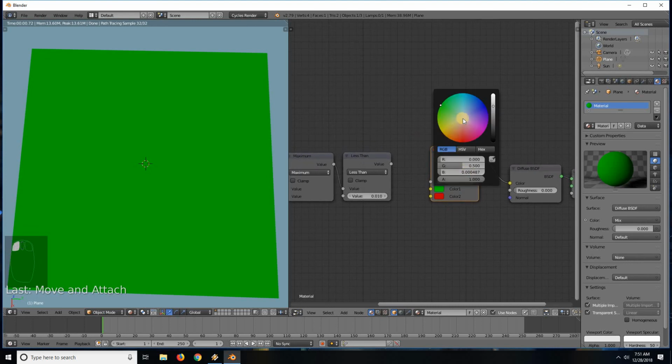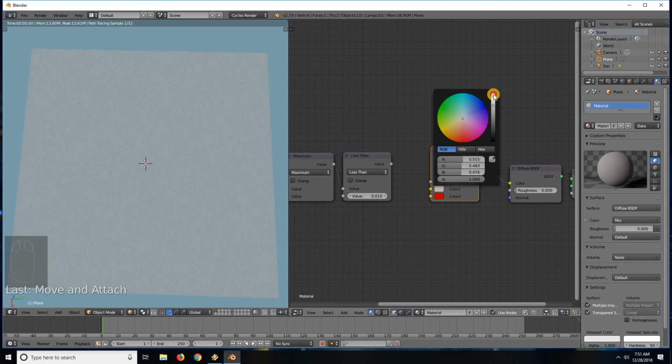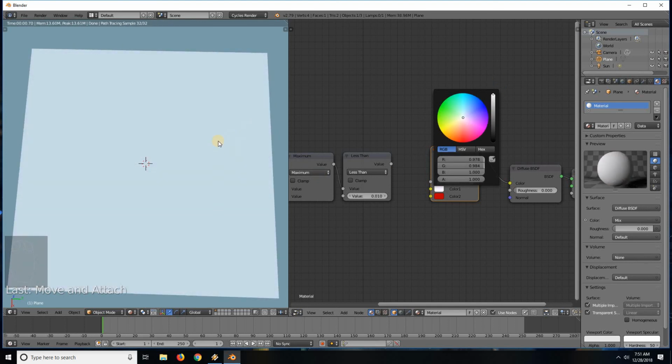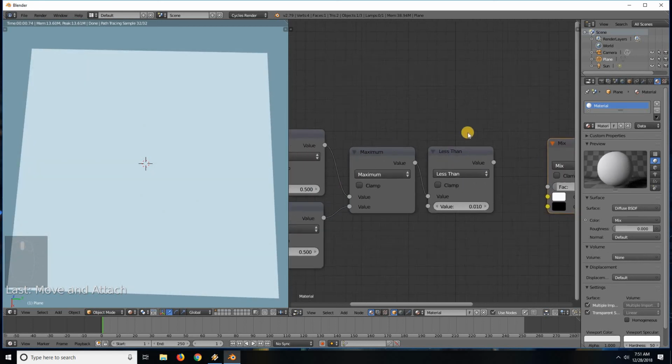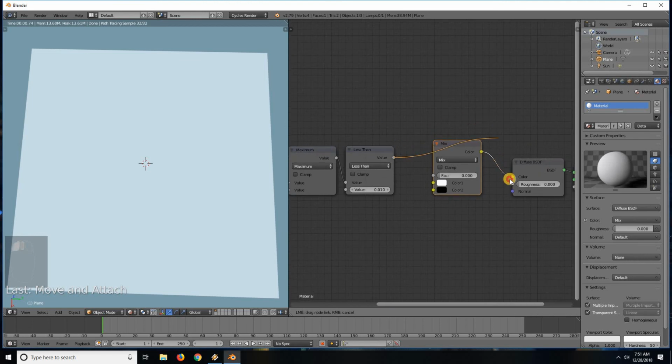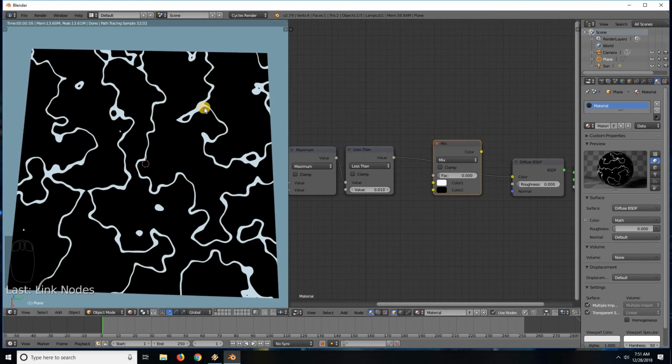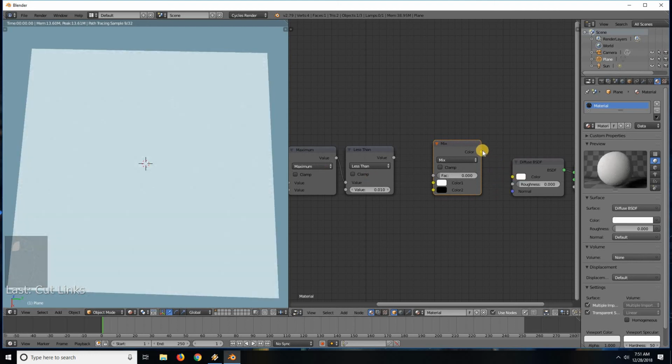Anyway, if we set this color to white in hopes that this is the main background of the plane, and we set this color to black, we can actually use the output color from this little thing we've put together here, this black and white setup. We can actually use this output color, or technically it's an output value, just ones and zeros. We can use this to control the factor on this mix node. And when we do that,